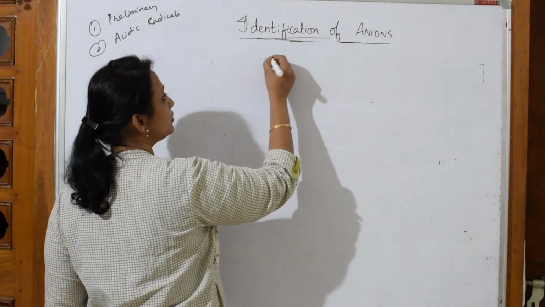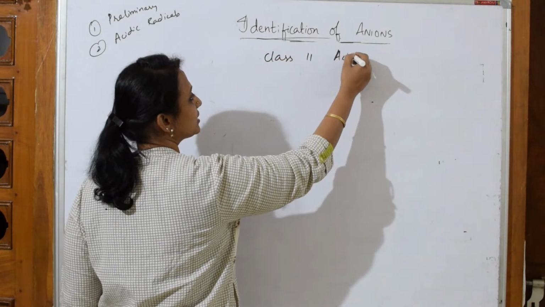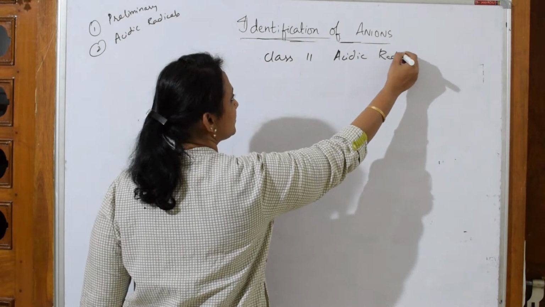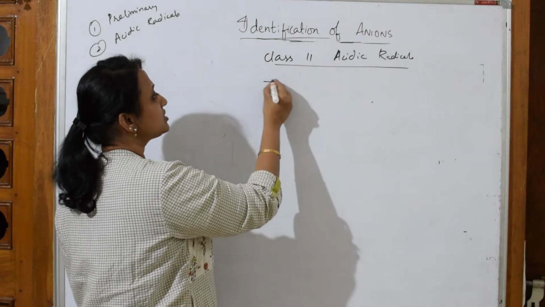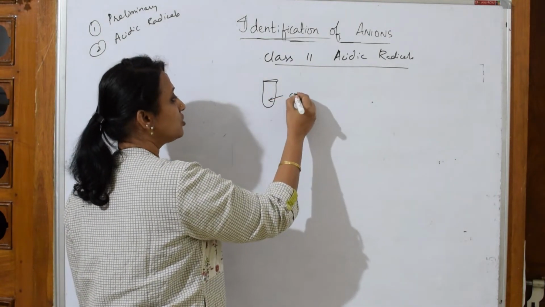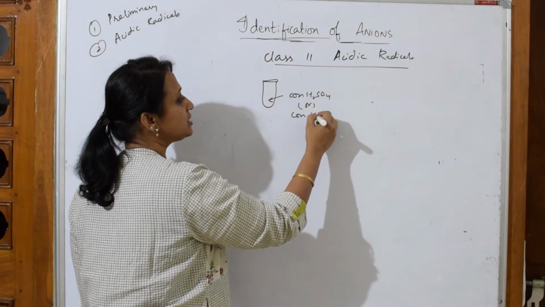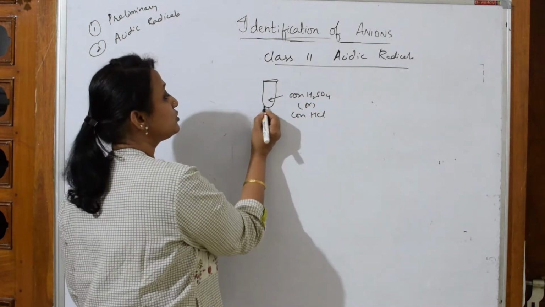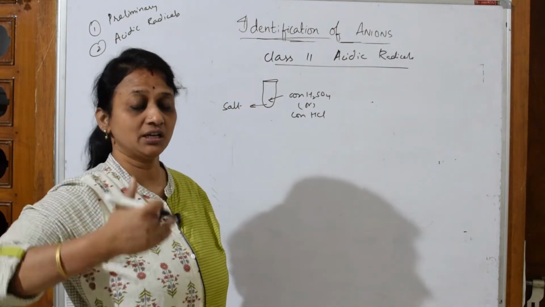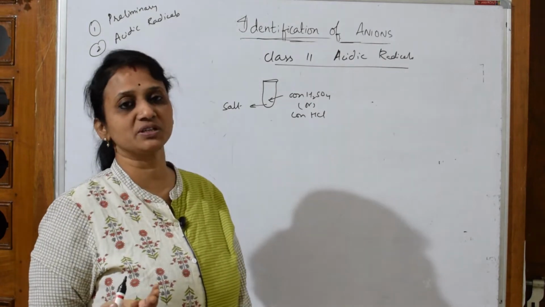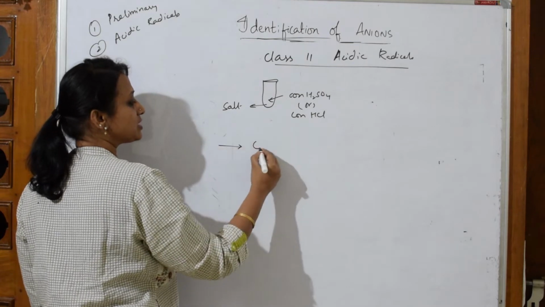So when I have to go with the class 2 acidic radicals, okay, class 2 acidic radicals, right? Most important thing in class 2 acidic radicals: when you take the test tube, when you add concentrated sulfuric acid or concentrated HCl to your salt, either there is evolution of gas or certain amount of effervescence, or we'll see what are the different vapors which are observed in that. So the anions which respond to this are halides,